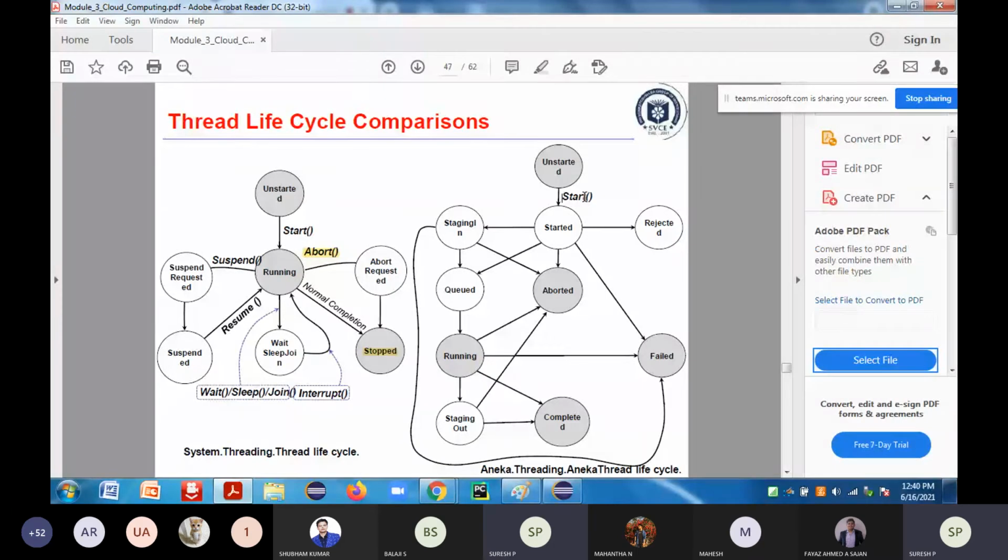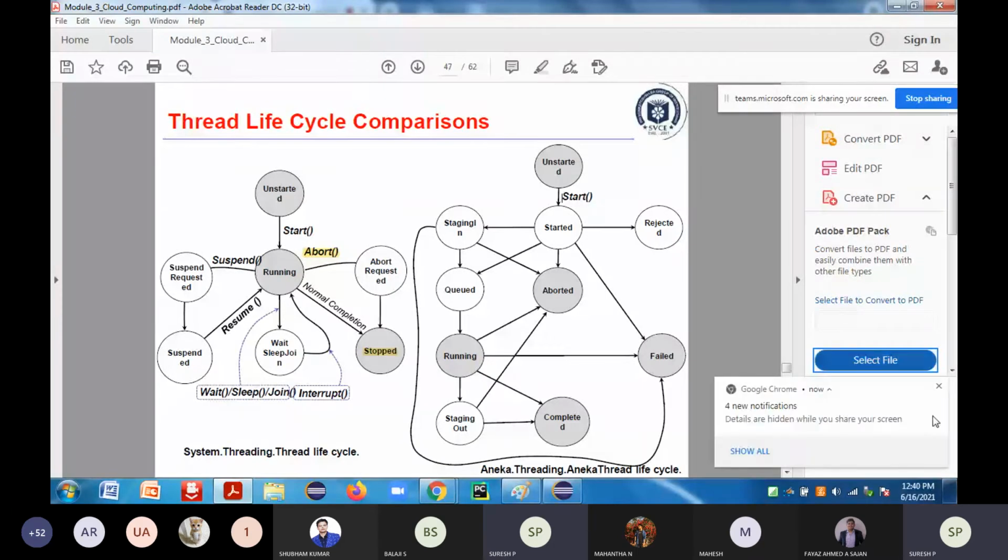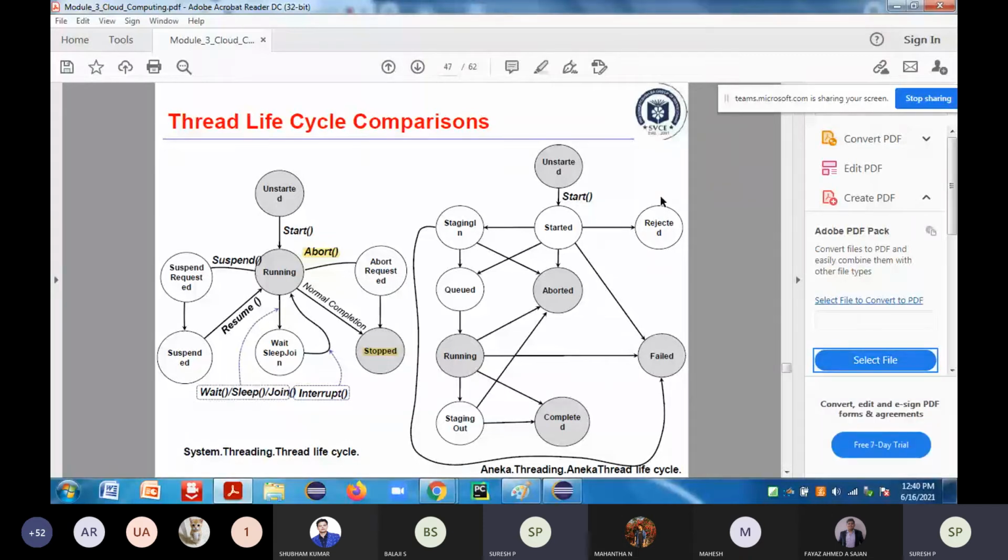Staging is nothing but specifying the properties of that particular thread, whatever performance properties I need for that thread to run. I should allow that thread to run outside your system also. So now I am presenting that thread to execute.